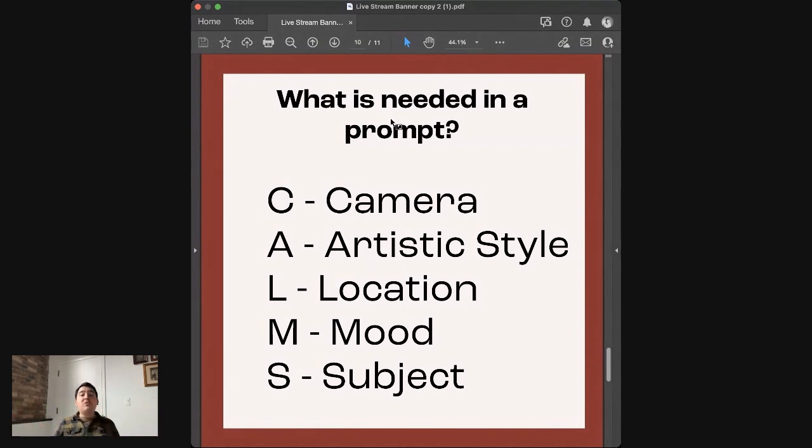Similarly, mood. Mood is very important when using image generation because mood is going to interpret what style, again, stylistically, is being generated around them. Is it going to be a really energetic photo shoot where there's a lot of things happening, or is it more calm, subtle? Do you want people to feel like when they look at this image that they're relaxed, or should they feel like they need to do something?